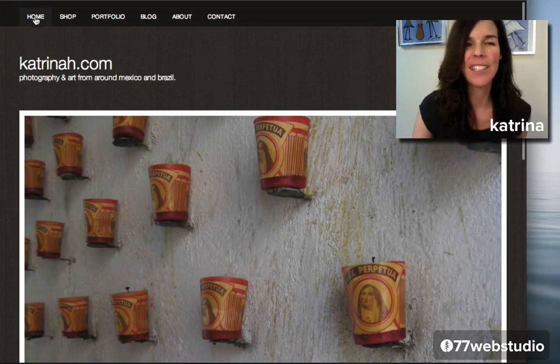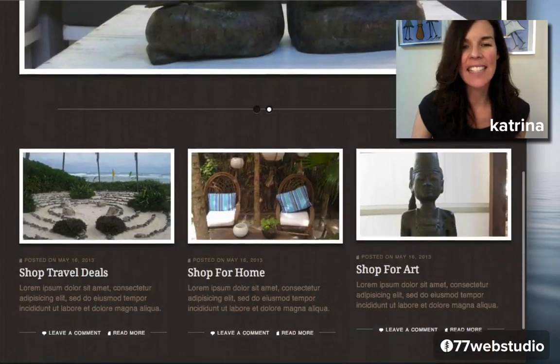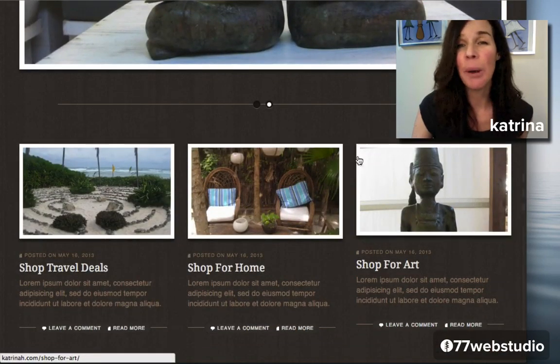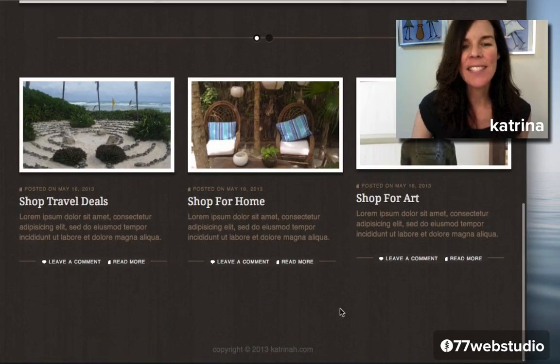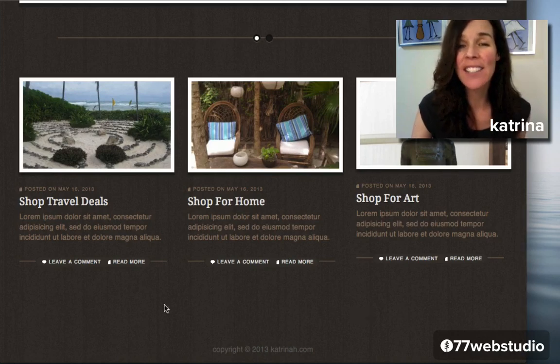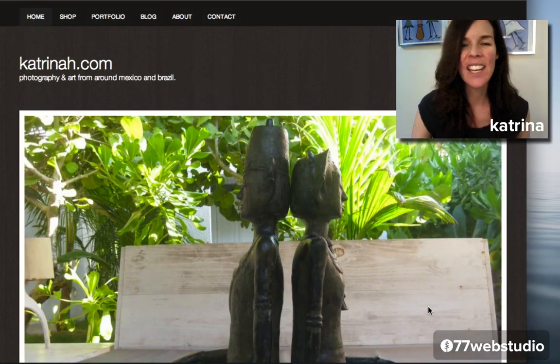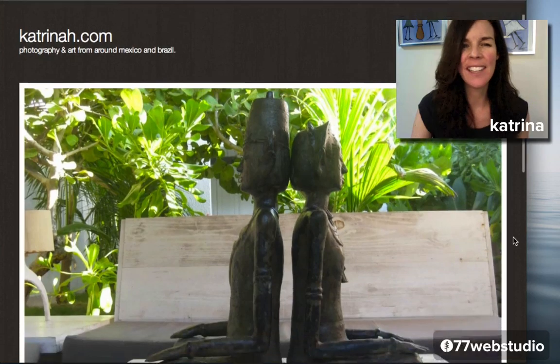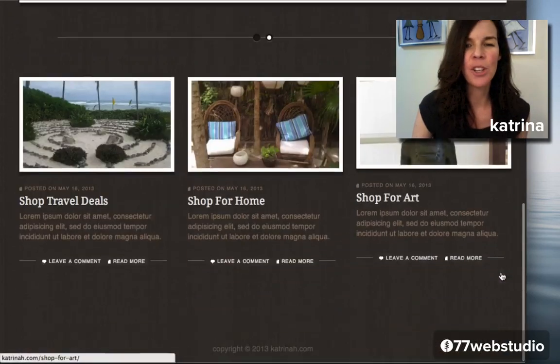Here we see the main focus of attention on the home page is really this large slider at the top. There's a really clean menu navigation bar here. Then you'll have your title, logo, and your tagline. And then underneath the slider here, I've added some different recent blog posts. You can see they're all very uniform, very simple and minimalist. And then down below there is a footer section that I do not have activated. I'll show you how to set up the footer if you'd like to, but in general I just prefer keeping everything really minimalist here just to keep it really sophisticated and clean looking, modern. So anyway, this is what I'm going to show you how to build.